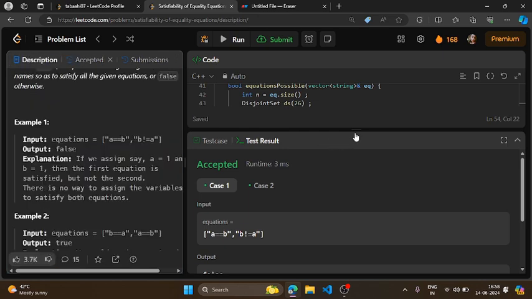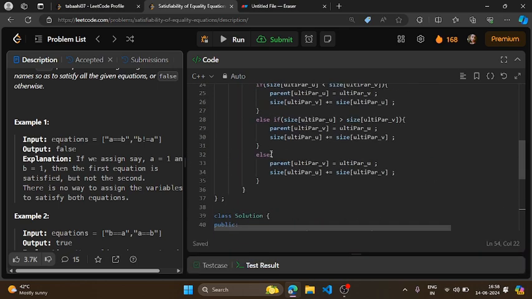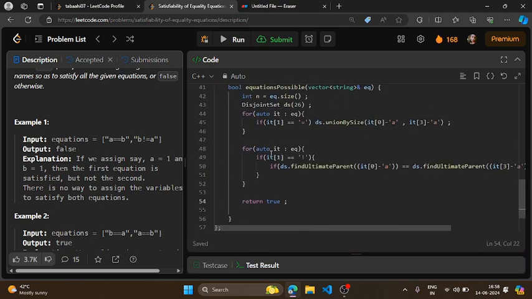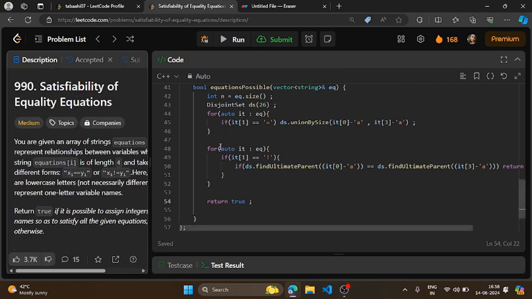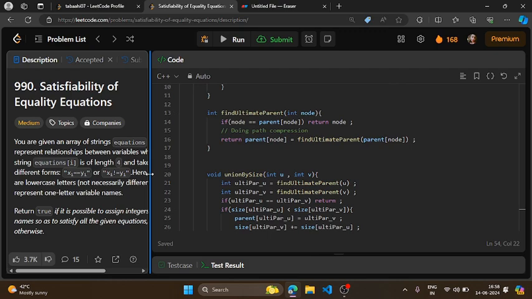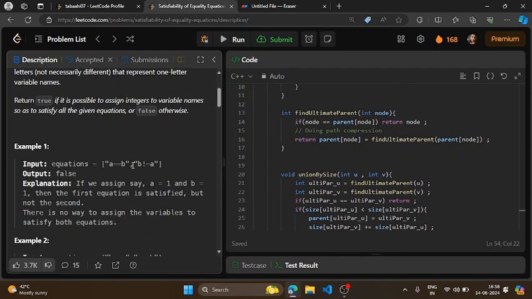So yeah, guys, this was the entire solution. If you find anything wrong or if you were unable to understand something, then you can ask me in the comment box. But before proceeding further, let me just summarize what I have done. So actually, we were given some equations which may or may not contradict each other. We have to check if it is possible for all the equations to be satisfied simultaneously.